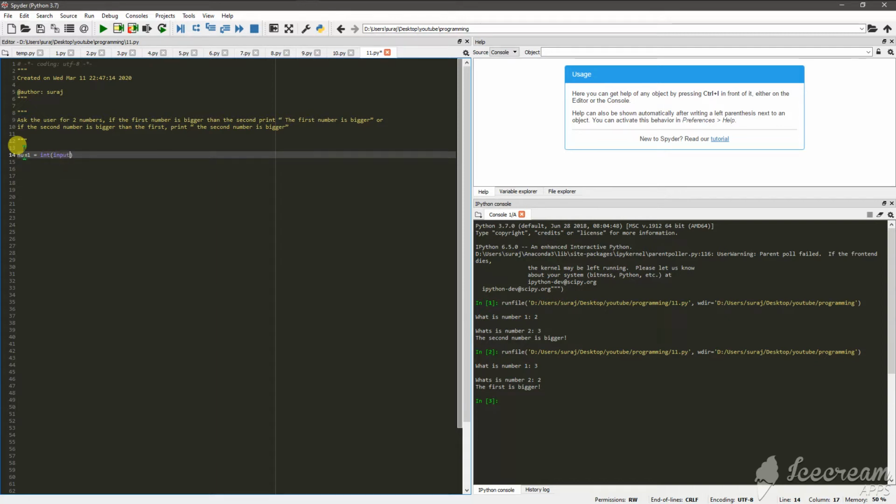Input of, what is number 1, and then we can say num2 is again int of input, what is number 2. Alright, now in this question, the main idea behind this question is to introduce if loops, or